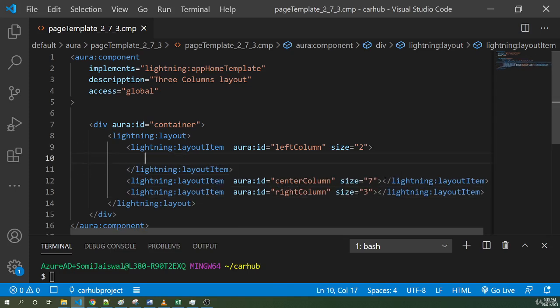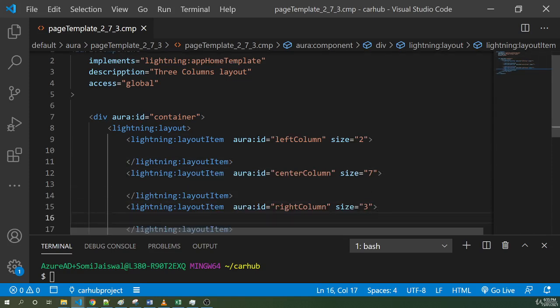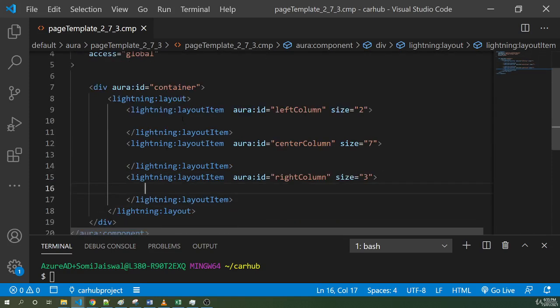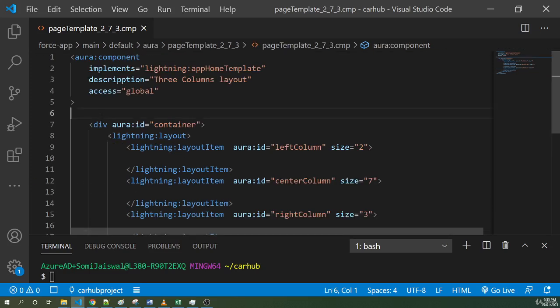Now we have to create an Aura component container basically that will, whenever we drag our component, come here and sit in the layout item. For that, we'll go and create the aura attribute. Let's say aura:attribute. We'll say name is left. We'll say type equal to aura.component,